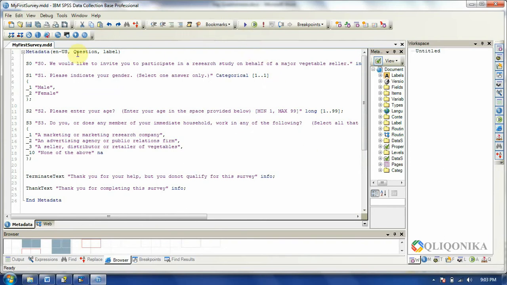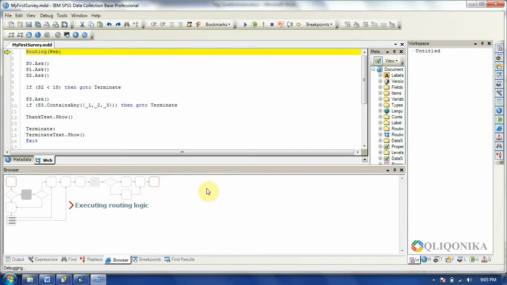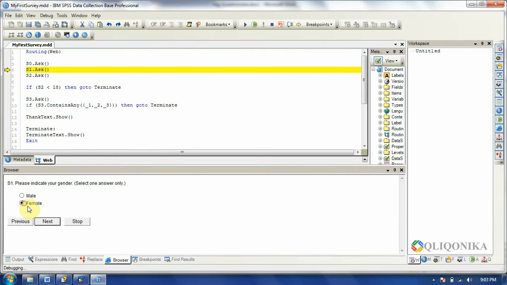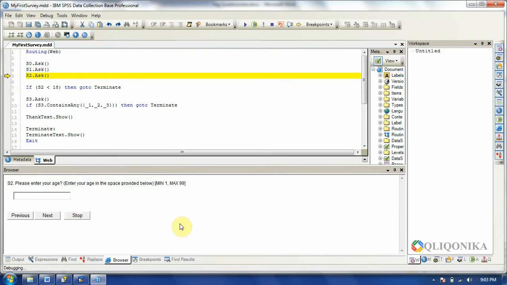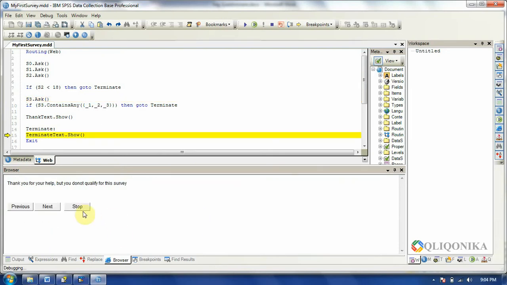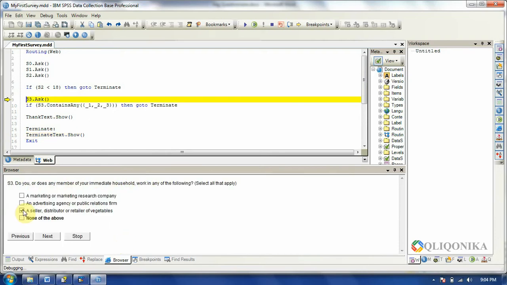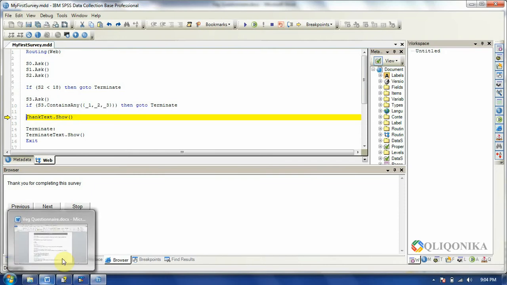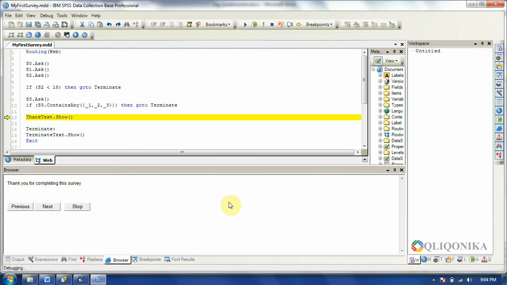Right, let's check this. My first information question, the gender question, next. Let's see what will happen if I'm not selecting none of this. See, it's giving the termination message saying that thank you, but you do not qualify for this survey. If I go and choose select none of the above, I get the thanking message. So it's working fine. Now sometimes it's good, you can see that we are getting each question displayed on one